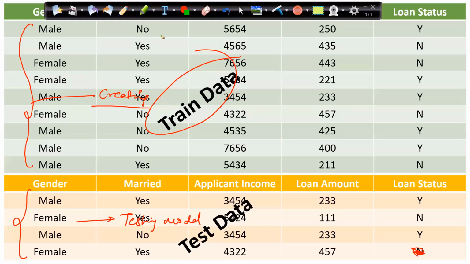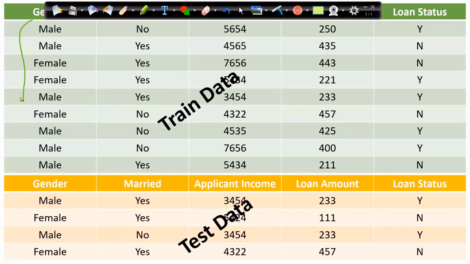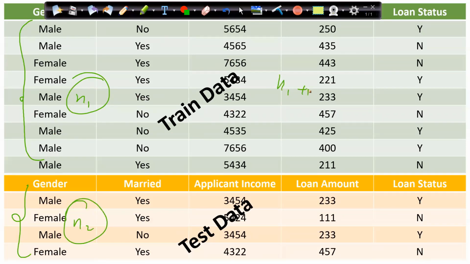This is my N1 records, this is my N2 records, where N1 plus N2 is equal to N, the total number of records.